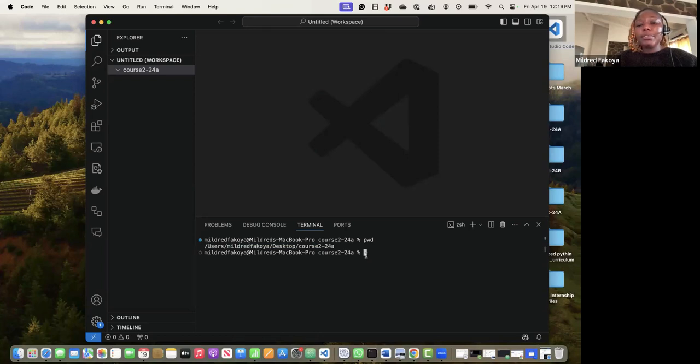If I want to create a new folder, let's say I want to create a new folder in this course2 folder, I'm going to use make directory written like this, and before you create a new folder, make sure that you have navigated into the current folder that you want to create a folder in. I'm on my desktop now, and I want to go into my course2-24A folder because that is where I want to create my new folder. So I'm going to do cd, which means change directory, and because I'm on my desktop, I will just type the name of the folder that I want to go into from my desktop,